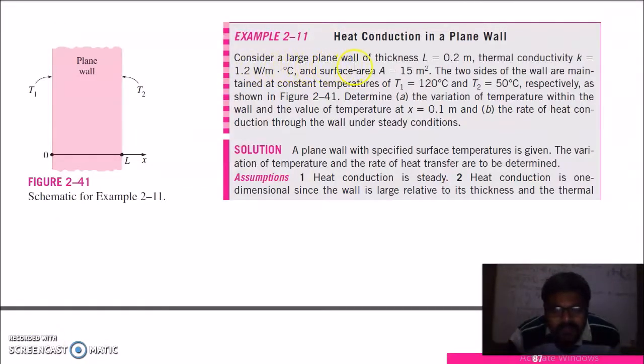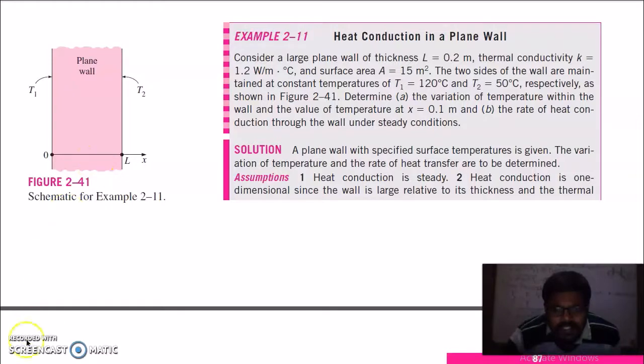Consider a large plane wall of thickness L, 0.2 meter, thermal conductivity 1.2 watt per meter degree Celsius, and surface area 15 meter square. The two sides of the wall are maintained at temperatures of 120 degrees Celsius and 50 degrees Celsius respectively. Determine the variation of temperature within the wall and the value of temperature at x equal to 0.1 meter, that is, at the midpoint, and the rate of heat conduction through the wall